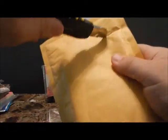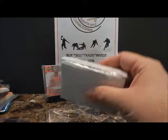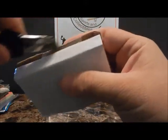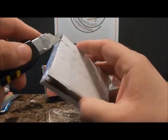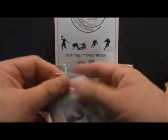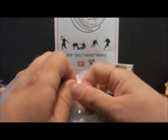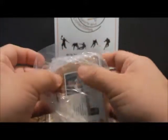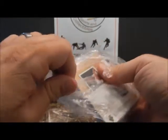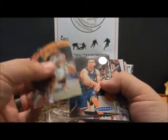Okay, I think one last one here, and then I'll do it. This might just be a lot. Let's see. Taped up good. Looks like the cards are in sleeves as well, so that's good. Yeah, another lot. This is a plastic bag. Probably just more Jason Kidds. I didn't collect a lot in the mid 2000s, so I'm missing a lot of his cards there. Yeah, there we go. Not everything is sleeved, but some of these, like the Topps Finest, SP Rookie,